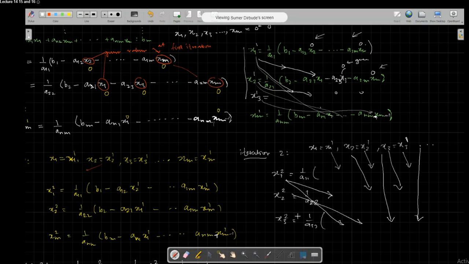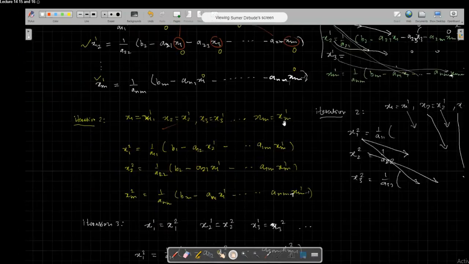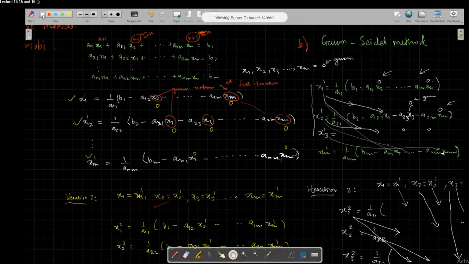Are you getting this? Okay. So what do you see as the difference in this? In the first iteration, all the guess values are used here. All these are guess values. But here,